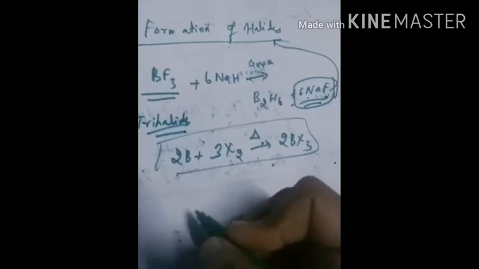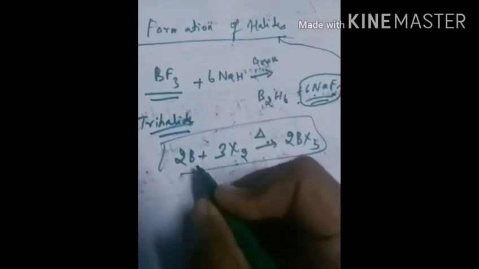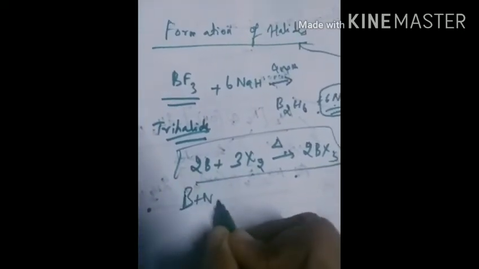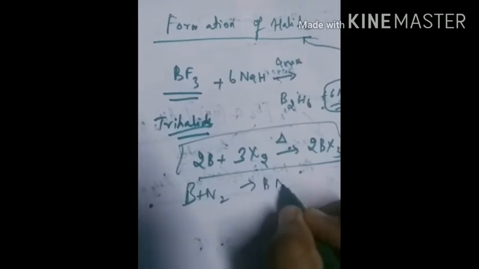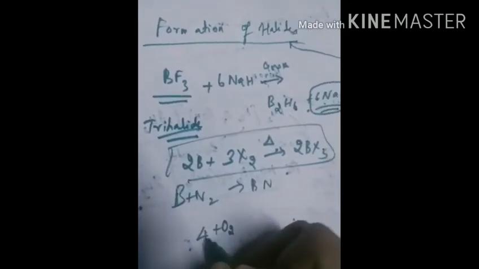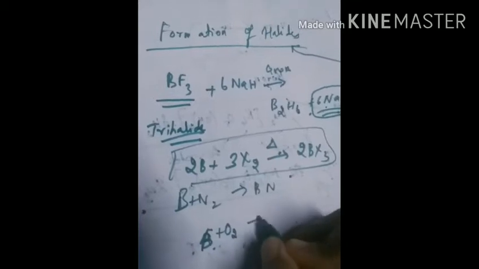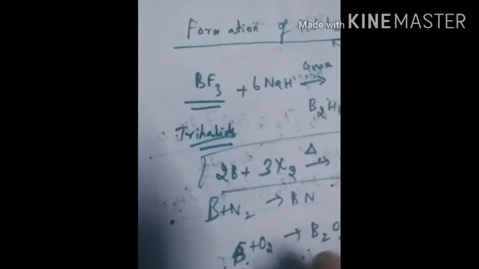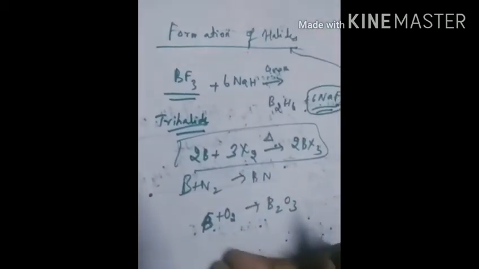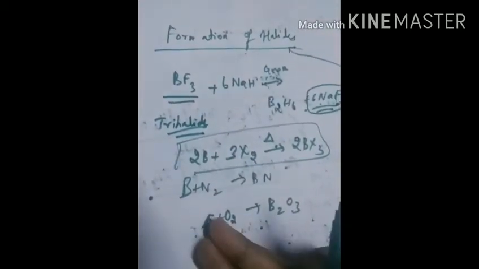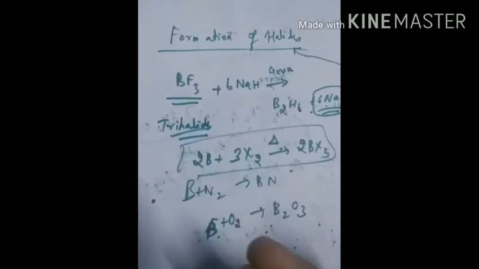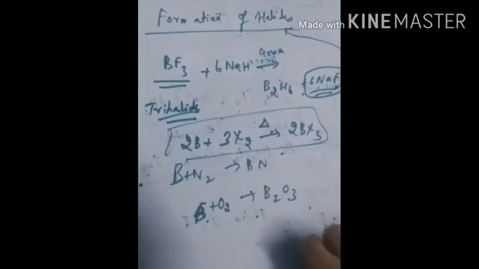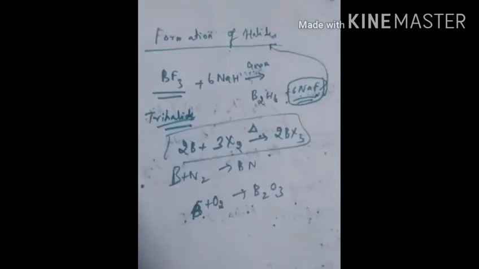Now we are going to see formation of boron nitrate. Similar process. If you add boron with nitrogen, you will get boron nitrate. Boron with oxygen, you will get a boron oxide. So these are the properties. What will happen if you put different kinds of oxides, nitrites, acids, alkalis to boron? What are the reactions? This is basically about the chemical properties of boron.